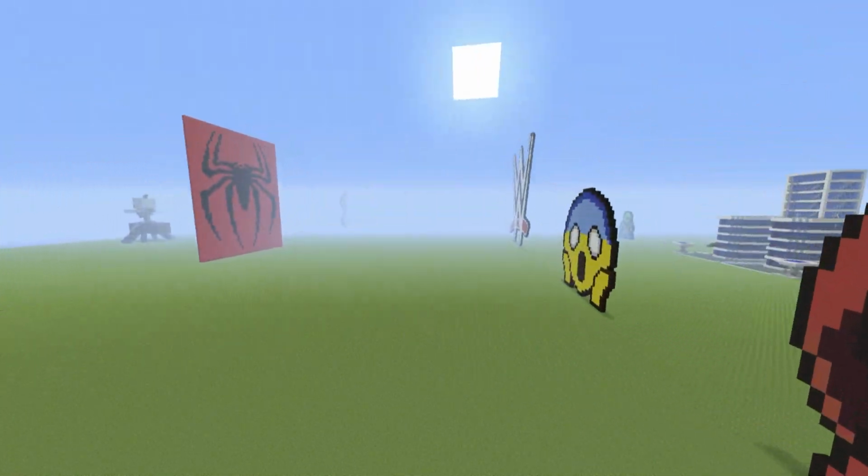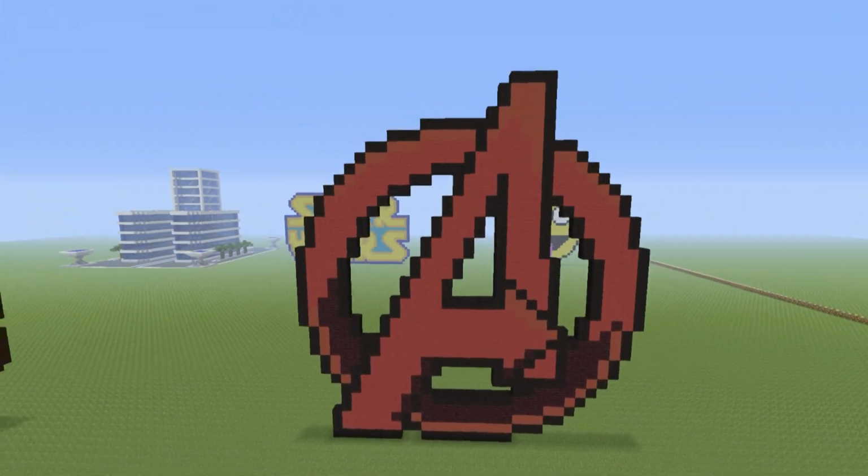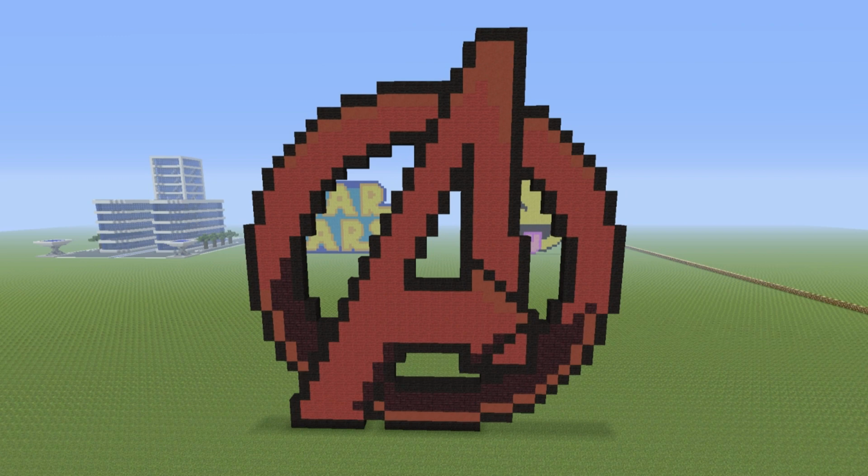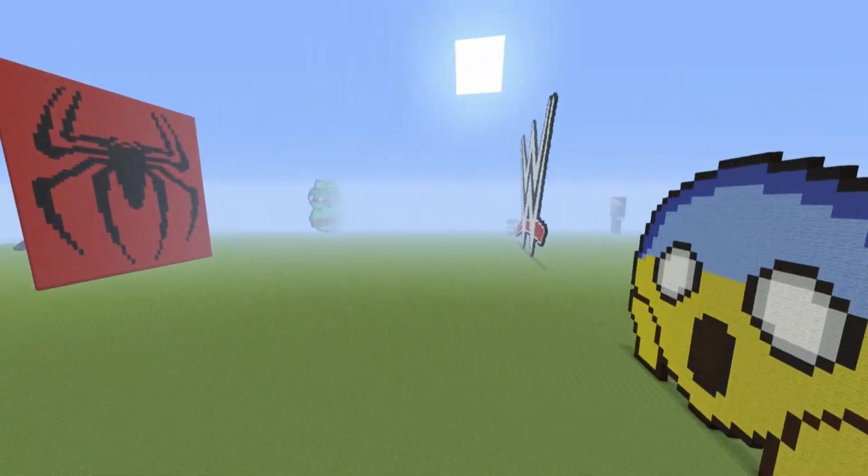Coming on down here, we have the Avengers logo, the Age of Ultron version. It's all looking nice and red, my favorite colors. And you guys, of course, can find this on the channel. As I said, I'm only going to try and point out when something does not have a tutorial. Coming on down here, we have...